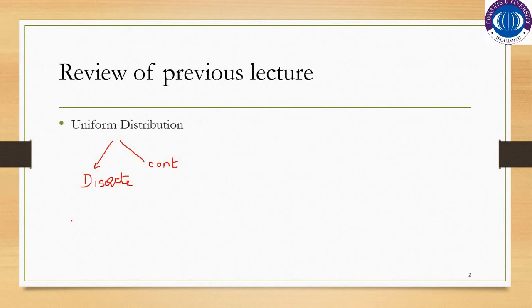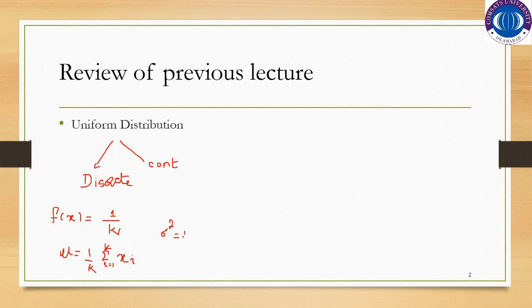In case of discrete uniform distribution, the probability mass function will be f of x is equal to 1 over k, and the mean is equal to 1 over k, summation i is equal to 1 till the value k, x i. So this is the mean of the discrete uniform distribution, whereas the variance is equal to